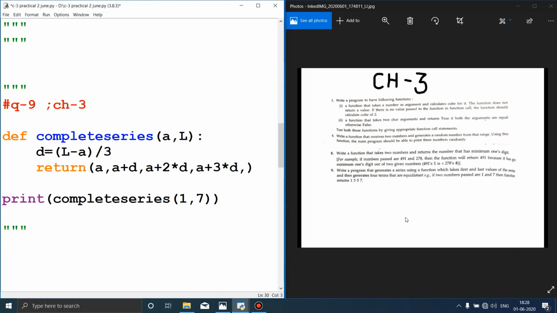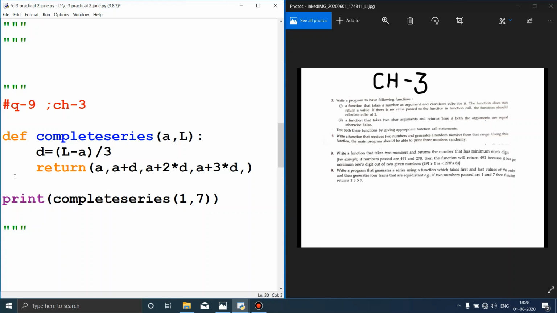We are giving the range, two numbers to pass, from which the equidistant numbers will be created. We are giving start from 1 up to 7 and creating the intermediate numbers that are equidistant, meaning they have the same gap in between.